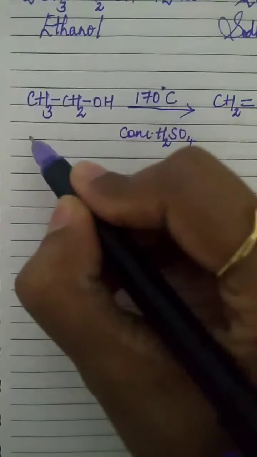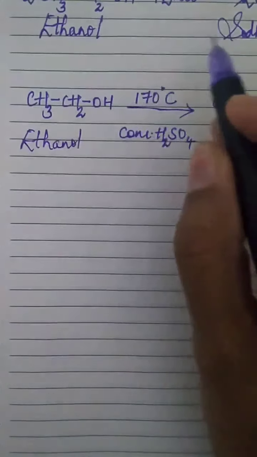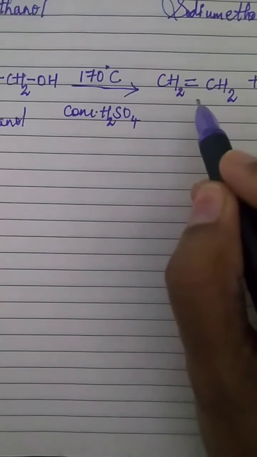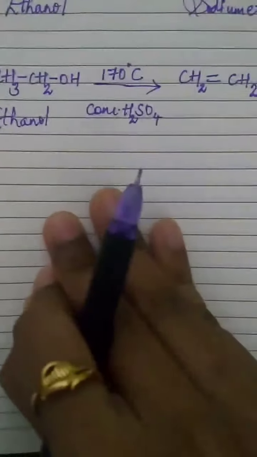Now children, just look at this reaction. Again you have ethanol here. Ethanol. And a temperature is specified, 170 degrees Celsius. Concentrated H2SO4. Ethanol, that is a saturated hydrocarbon, is again getting converted to an unsaturated hydrocarbon, and you have a water molecule given out. You need not learn this reaction by heart, just look at this reaction. Saturated hydrocarbon getting converted to unsaturated plus water. When you have water which is given out,